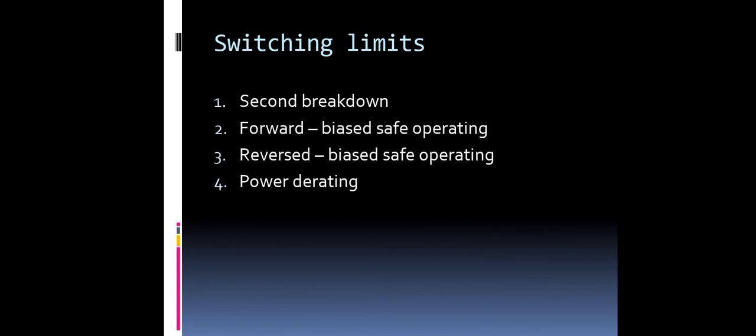At the maximum temperature, the transistor can dissipate zero power, and breakdown voltage occurs at the absolute maximum voltage between the terminals, that is, between the collector and emitter terminals, with a negative voltage applied between the base and emitter junctions. This is the switching limits of the power transistors.